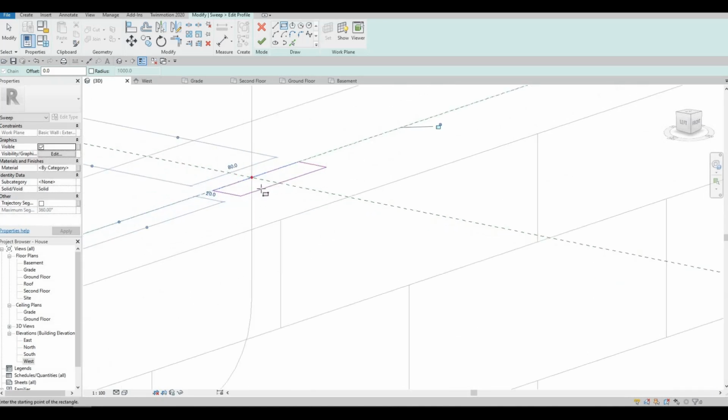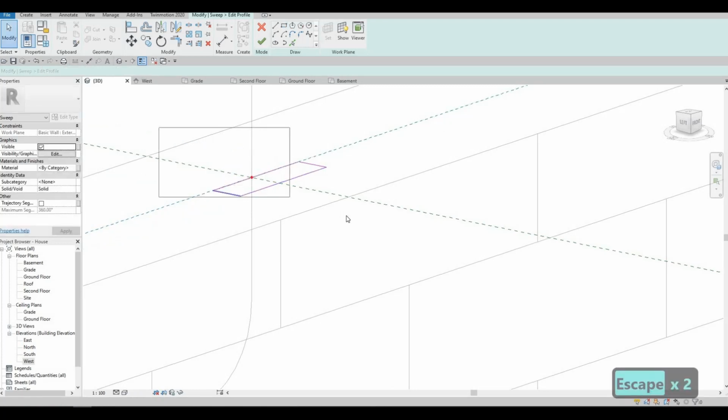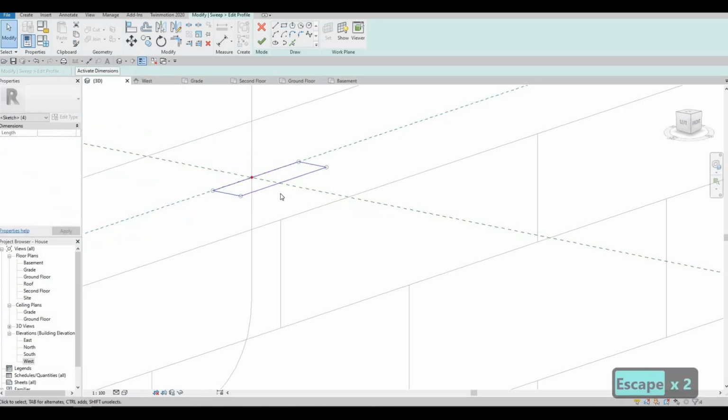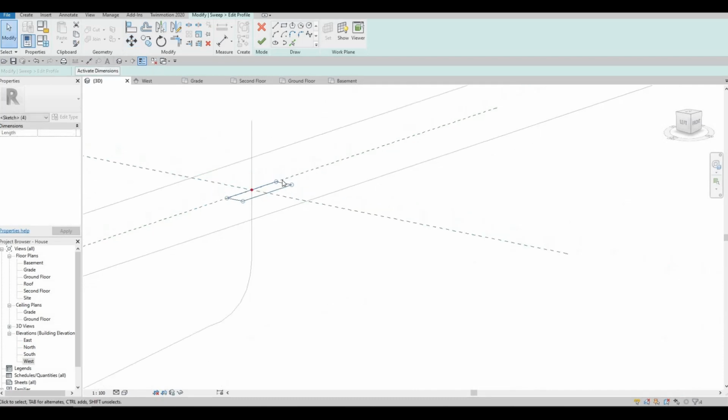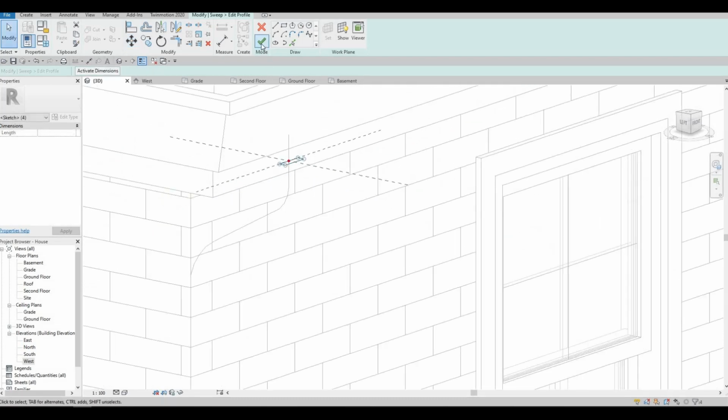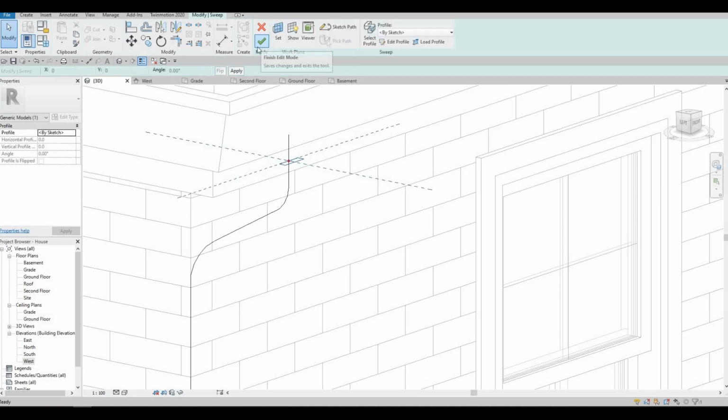So 80 by 20, and let's make sure this is in the middle. So let's use move command and move it on the center line or in the nodes. So click finish, and then before that,